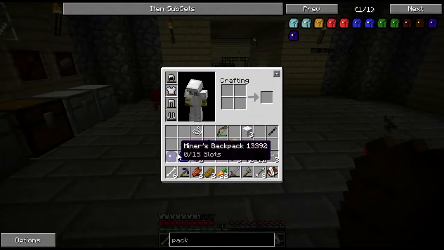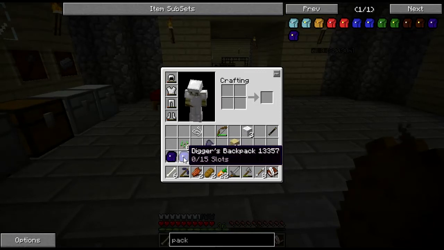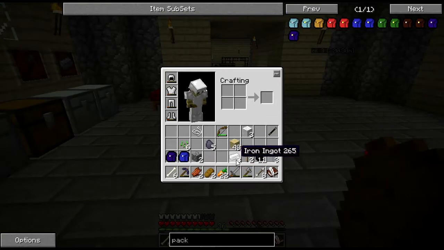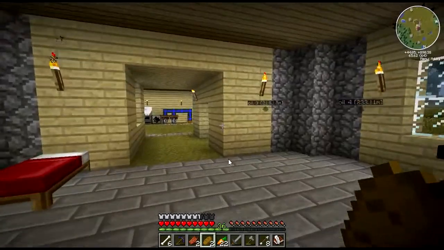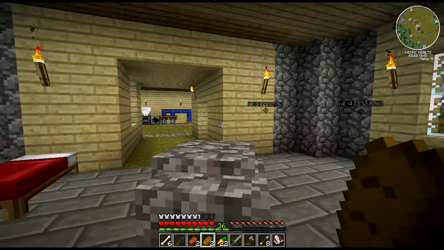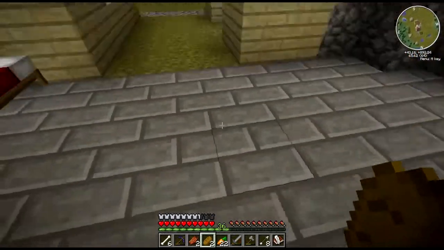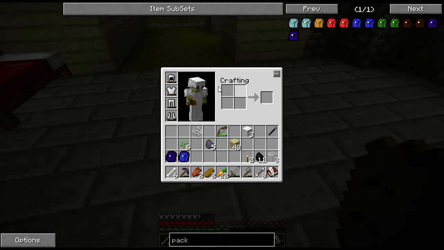So you've got these backpacks, right? One collects all your blocks and the other one collects all your iron and metals. So if I drop these on the floor now, I'll show you what I mean. So I've dropped them on the floor, I've dug them up, picked them up, and they're not in my inventory,